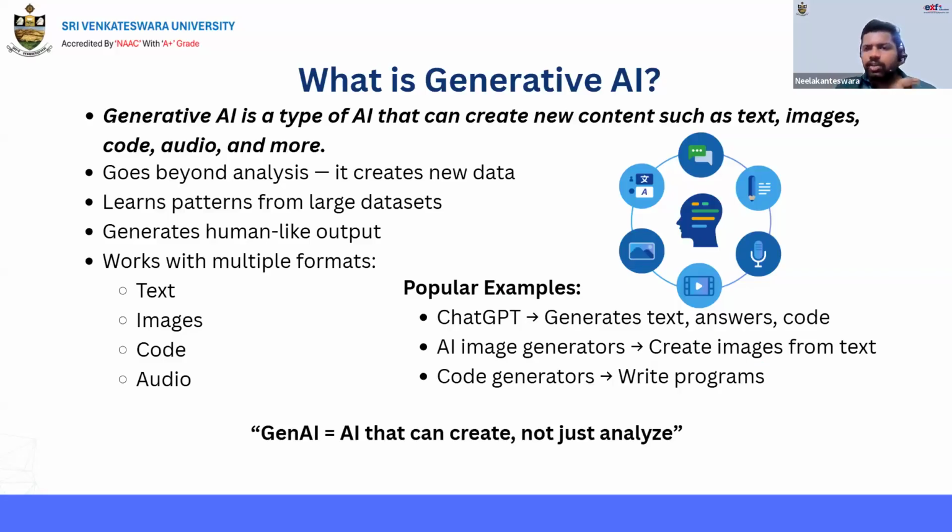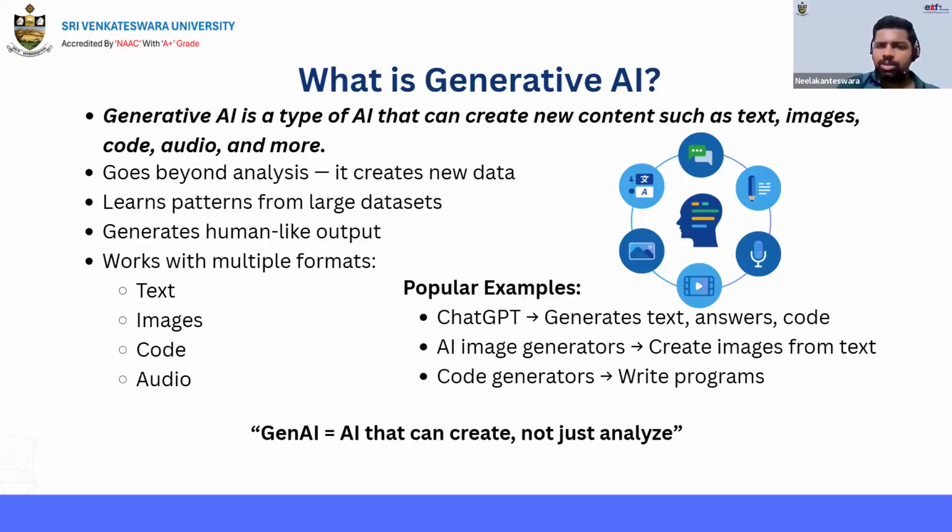And finally, I want to tell you about one common misconception. Many people think AI is only about robotics, but it is not. Today's AI is nothing but software intelligence. That is what AI actually is. Many people have the misconception that AI is only for robots, but it's not about robots only. It's about software intelligence. Okay, this is about generative AI.